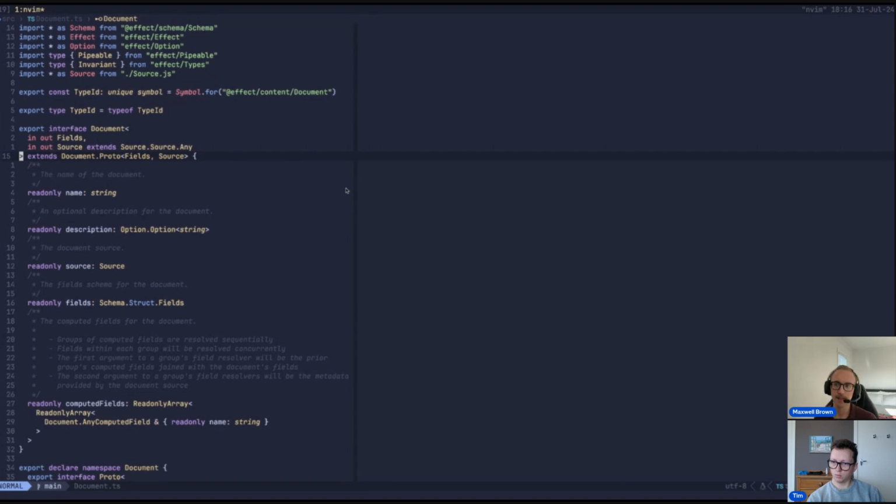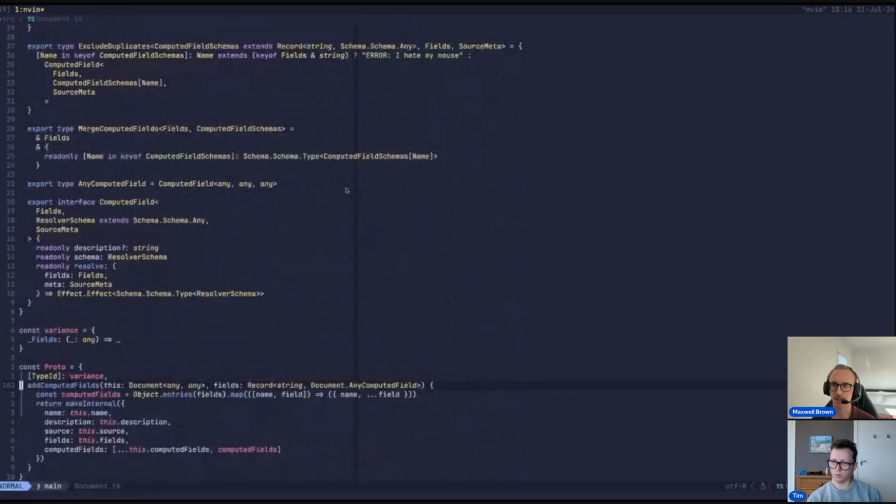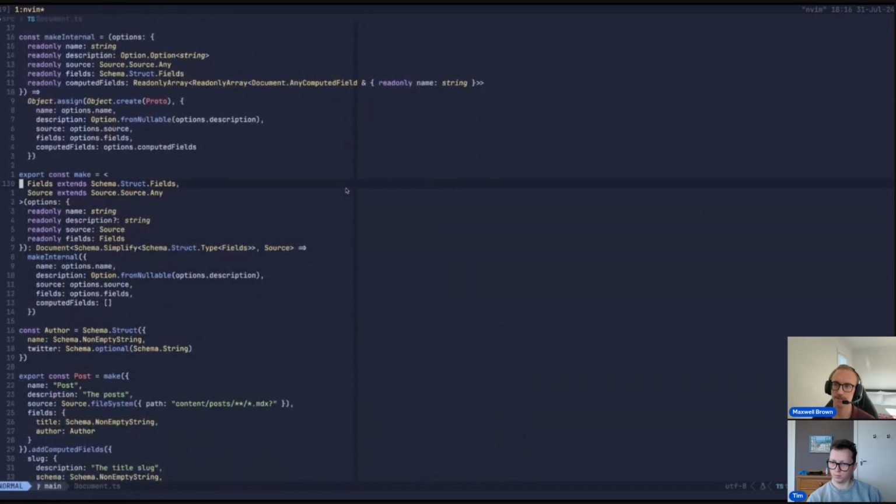With our document definitions, we first wanted to make them schema centric. So the constructor for our initial documents would take in essentially a struct of schema fields,